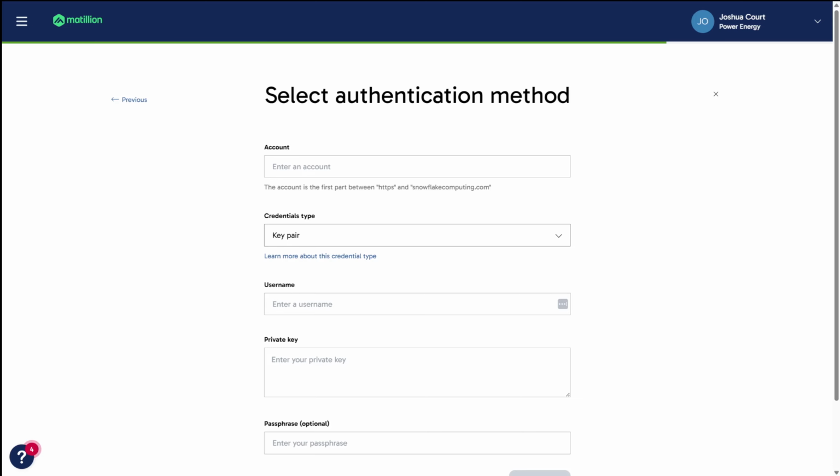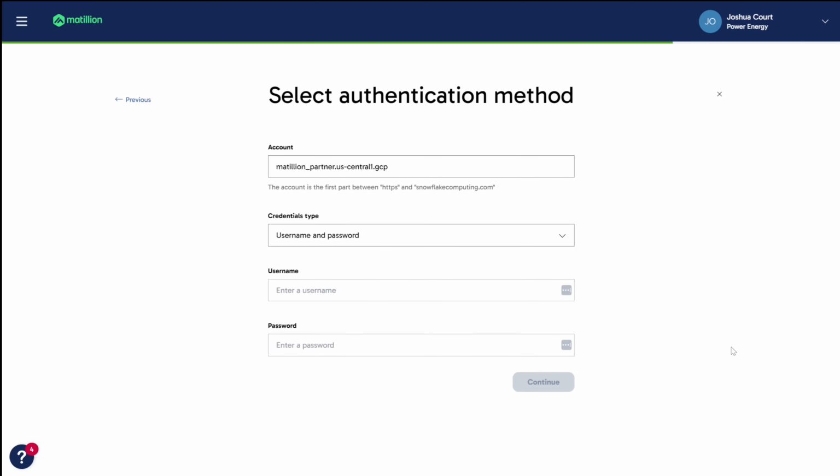Passwords and private keys are securely retrieved via references to secrets in AWS Secrets Manager or Azure Key Vault. In my case, I will paste the account URI into the account property, and I can choose between a username and password or key pair credential type. In my case, I will be using the username and password credential type. Once I have entered the information, I will select the Continue button.